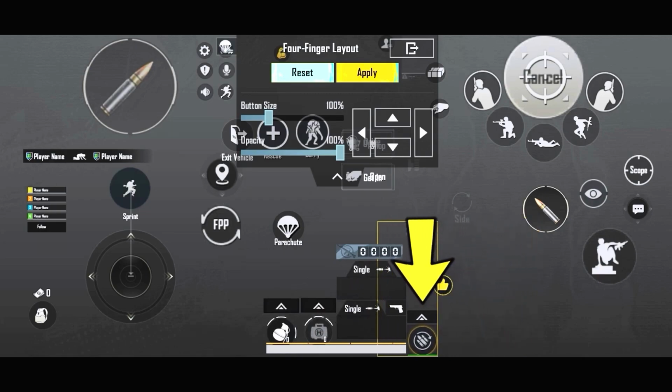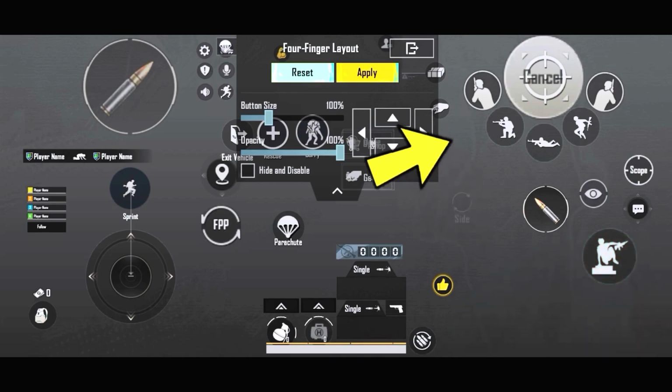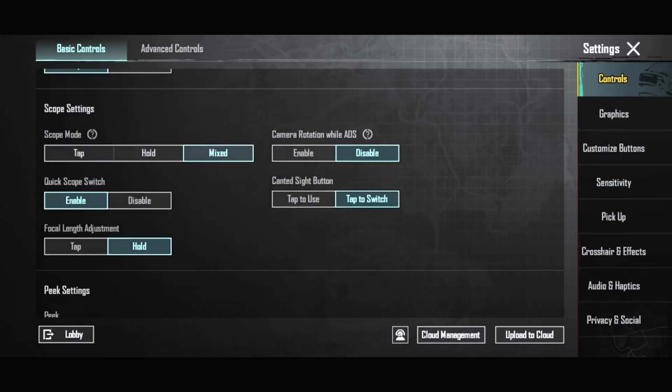Finally, place the reload button next to the weapon switch button. This area should remain clear so you can move the screen freely without any obstructions during gameplay. Once everything is set up, go to this section and save your layout so it stays permanently linked to your account. And now, I'll tell you the necessary settings you need to apply to ensure you don't face any issues